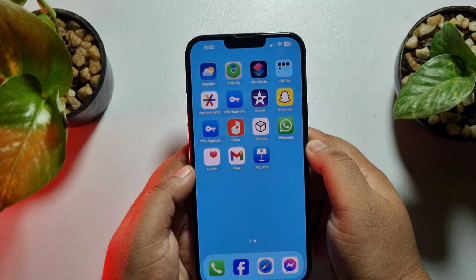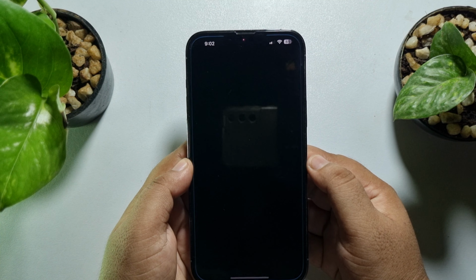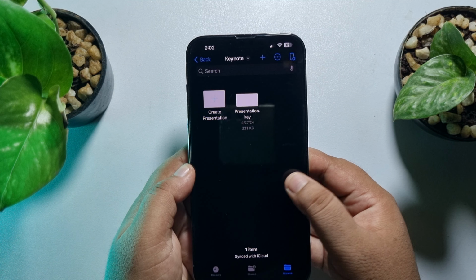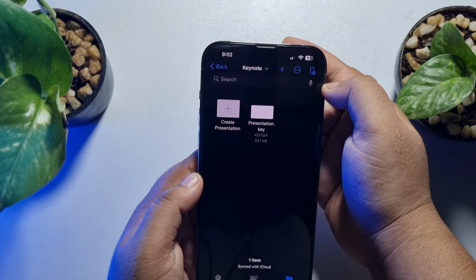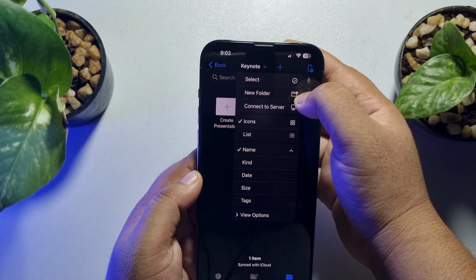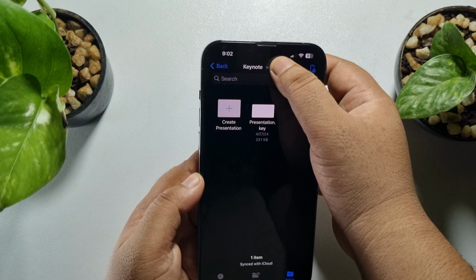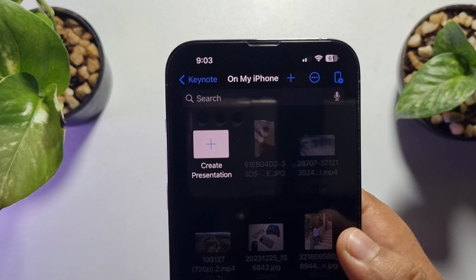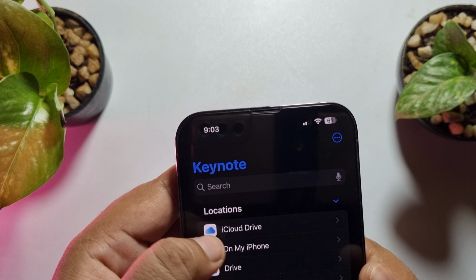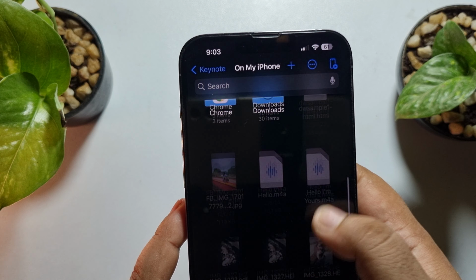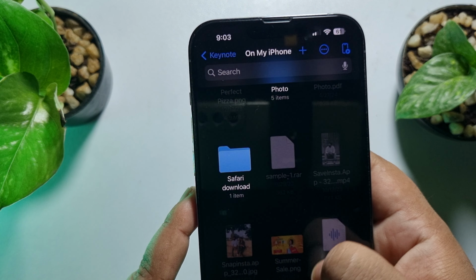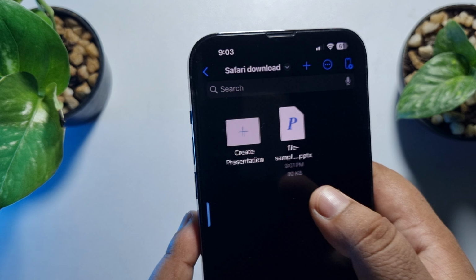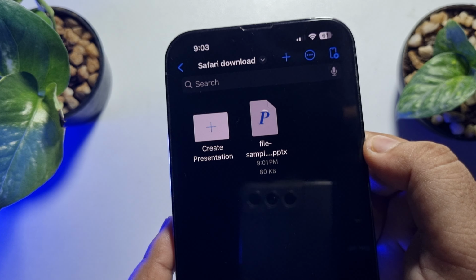in my Keynote app. So here I'm in my Keynote app and tapping on, okay, here I'm tapping on my iPhone and just going to the Safari download folder, and here's the PPTX file. I'm selecting this file,